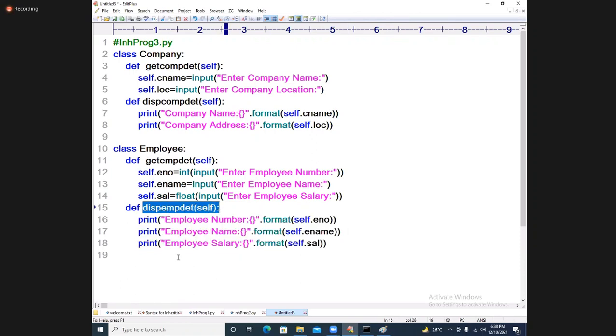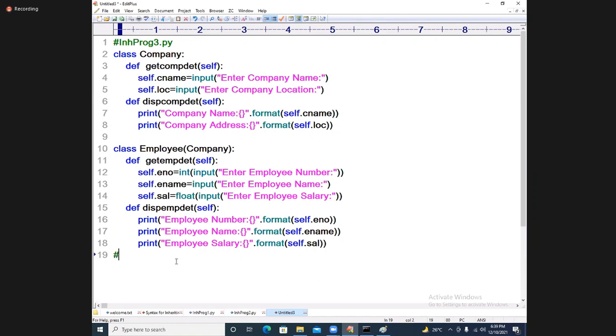Okay, students. Now here, company details are compulsorily required along with the employee. I will apply inheritance at line number 10. Which inheritance is it called? Company. This is the inheritance concept, called single inheritance. Because of this Employee of Company, what will you get? These two functions come here: get company details plus display company details.